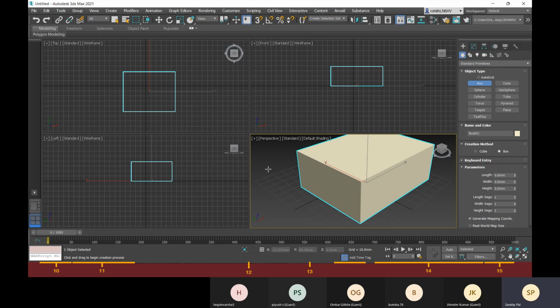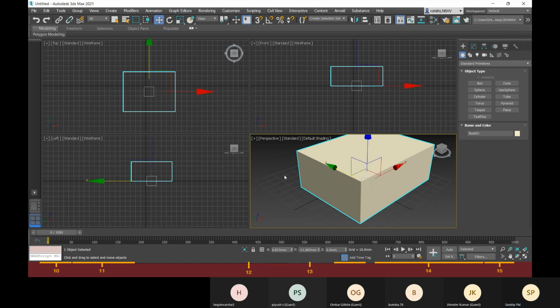But if you create another object, you have to come to Modify. Right now this box is selected, which means it is in creation mode. How can you jump out of this creation mode? Right click and you are out of creation mode.